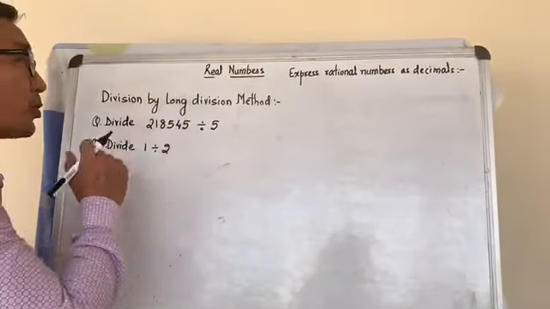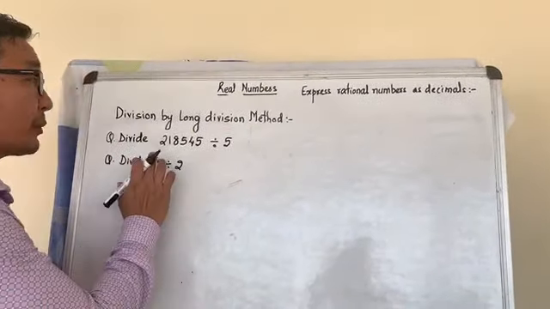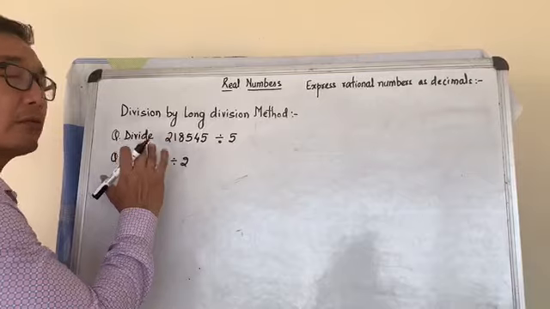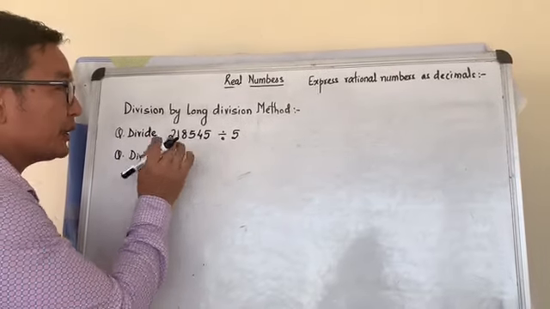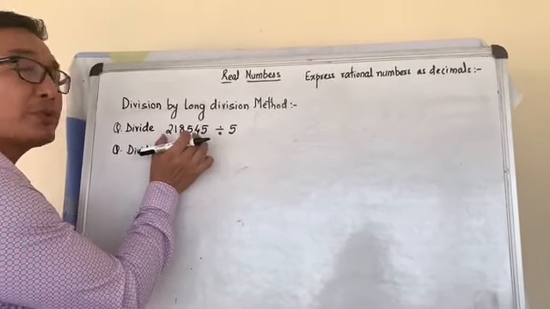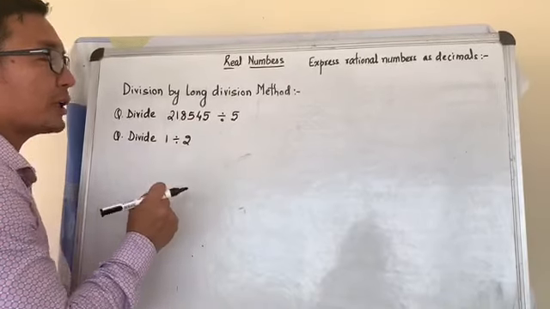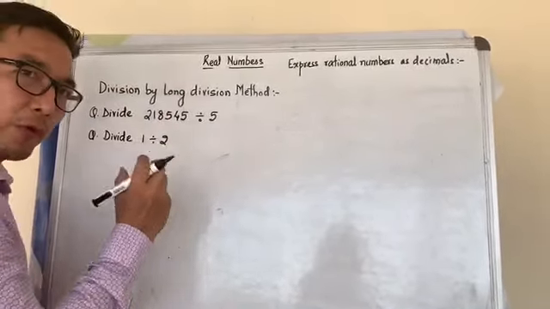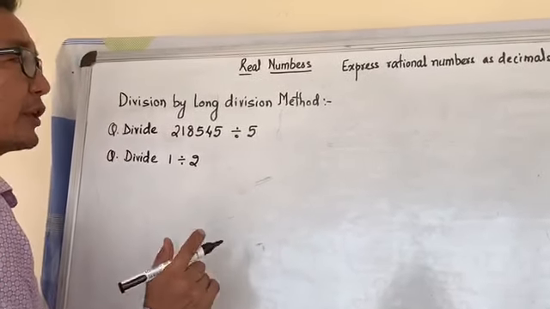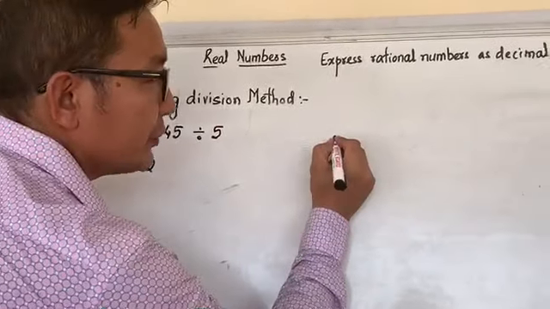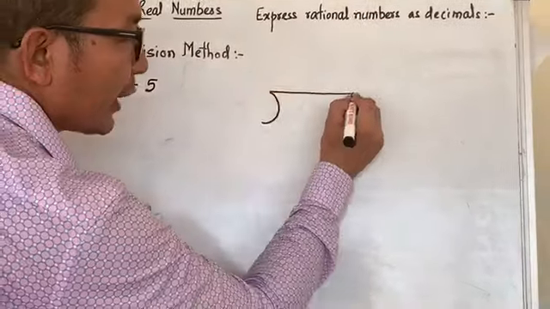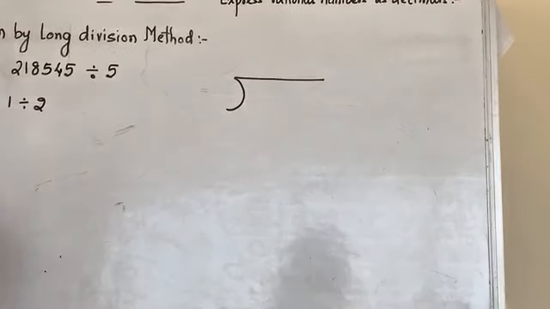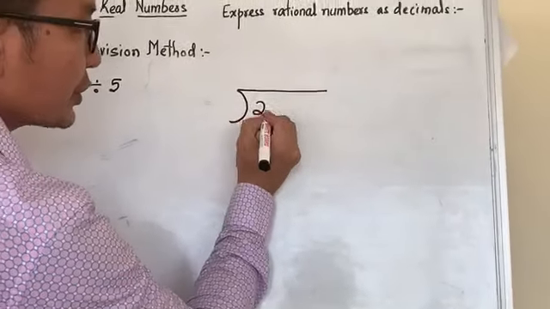Okay, so that is the long division method example. Now we are going to take one long division test. We have to use this symbol for the long division method, and the number is